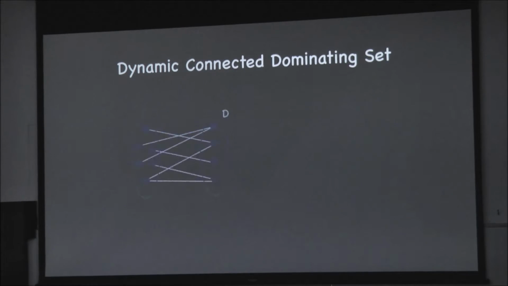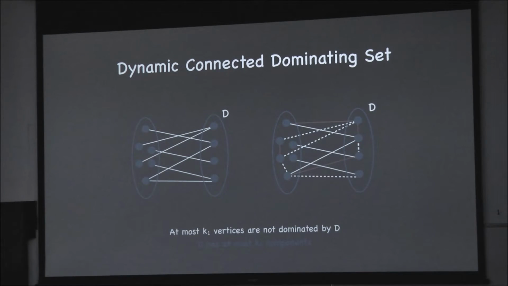Okay. So, now, once again, we have a graph G, it has become a graph H, and we just saw that the edge deletions are the only ones that could affect the dominating set property. Right? That is, D could no longer be a dominating set only because of edge deletions between D and the other set. Let's call it C. Additions are not going to affect that property. Okay. But then how many vertices can go undominated? The number of edge deletions. And we said that the number of edge deletions is K1, number of edge additions is K2, K1 plus K2 is K. So at most K1 vertices could go undominated.